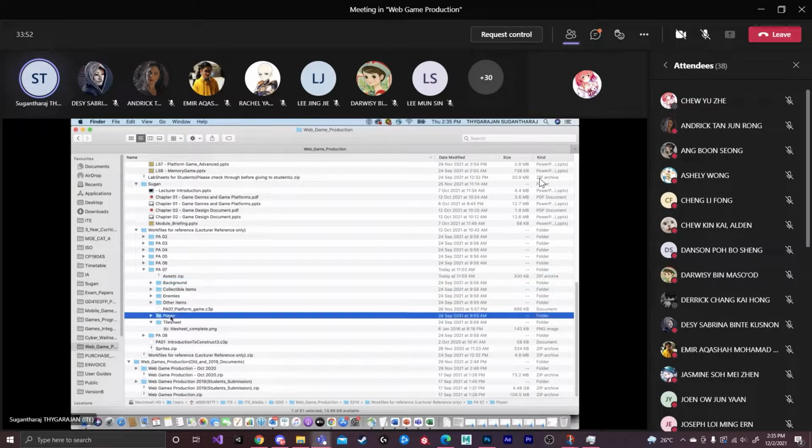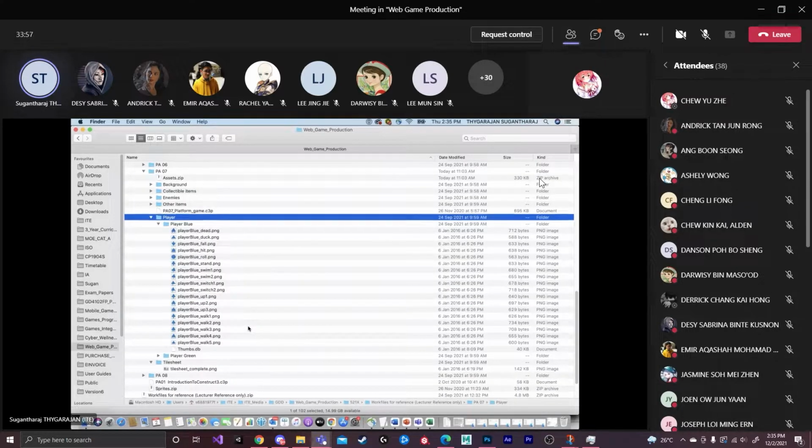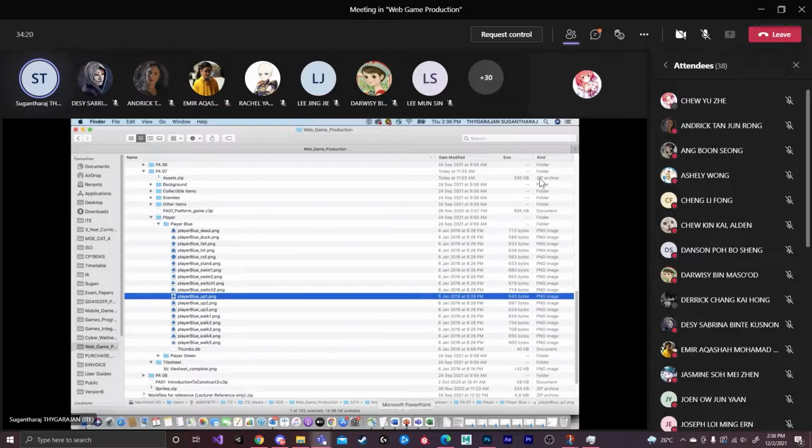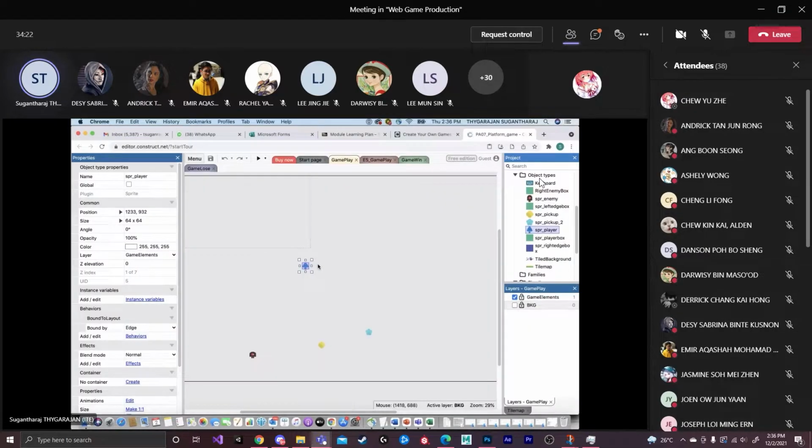In the assets, you can see there is a player folder here. You need to go to the player folder, then you can choose the player. There are different actions there. For me, I will just choose the idle one, player blue up 1, just like a standing image, and bring it over inside my project.